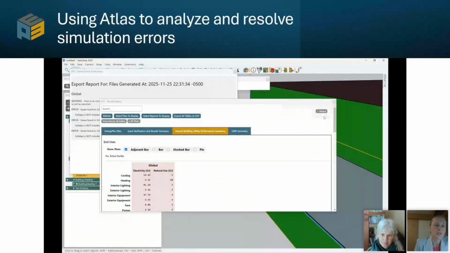We are also using Atlas to analyze and resolve simulation errors. In the background, this file is one of the EnergyPlus example files that we imported into EP3. It's the 5-zone air-cooled example file. And when we run it and simulate it, we get some sort of an error. So when we simulate and we create results,